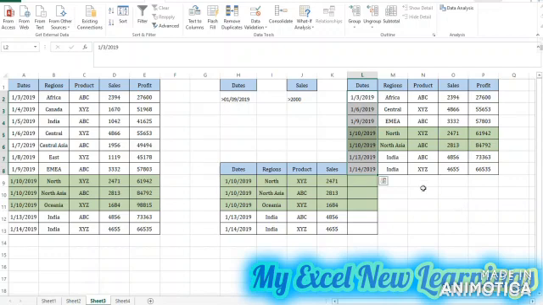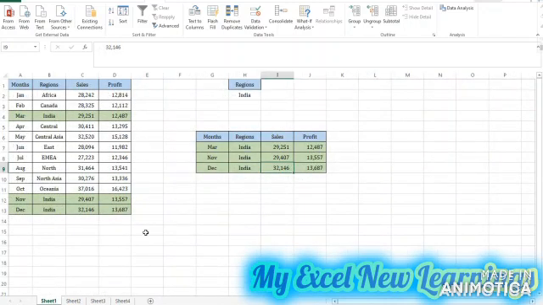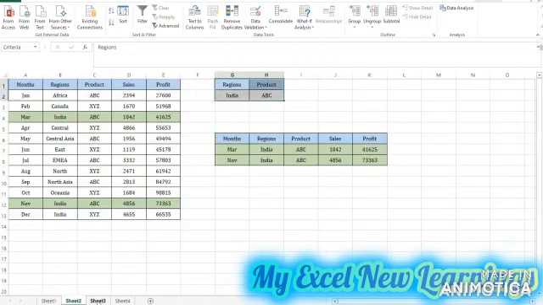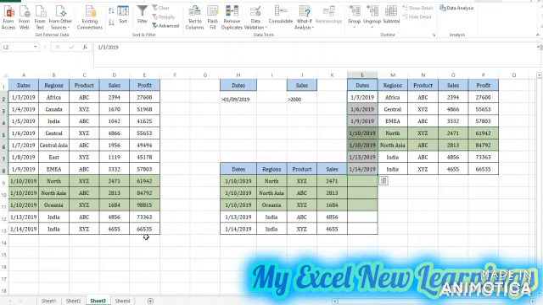So you can use the advanced filter for greater than for the dates, or smaller than for the sales or profit. So we have now seen 3 options of the advanced filter. One is for single criteria, the second one is for multiple criteria, and the third one is greater or smaller or equal. So now we will see that the advanced filter should give us the data in the other location. It has to pull the data as per our criteria, and it should paste it to the other location.